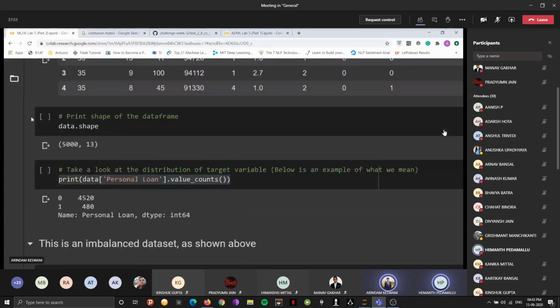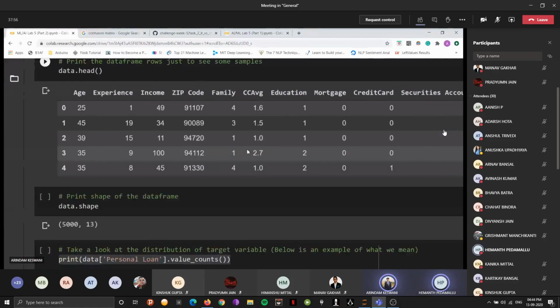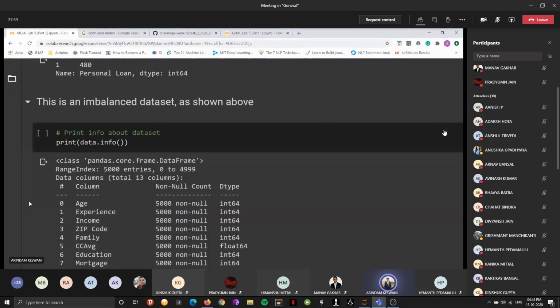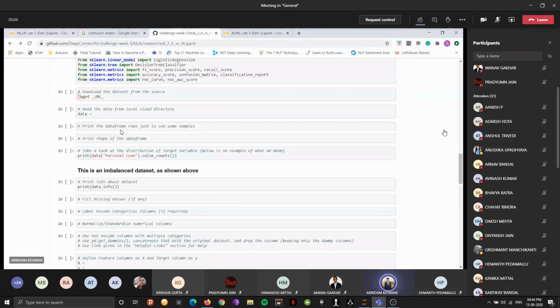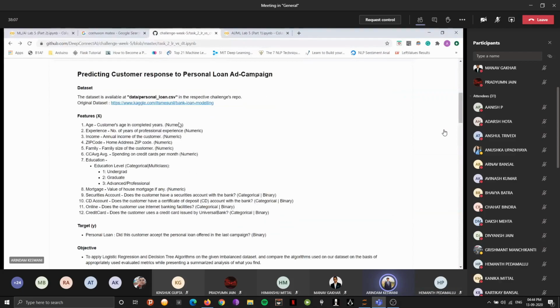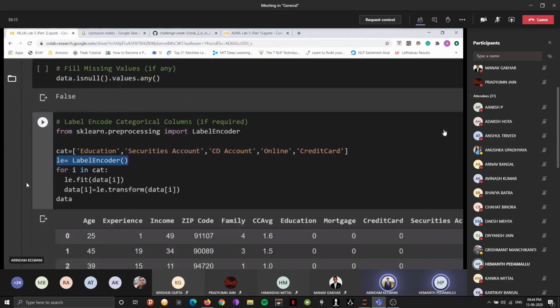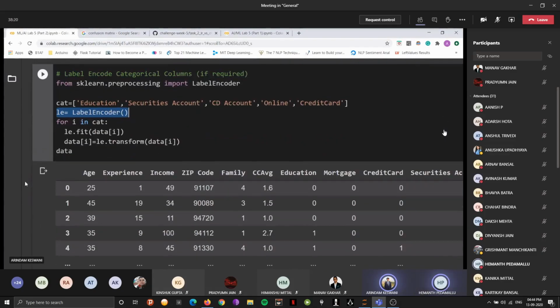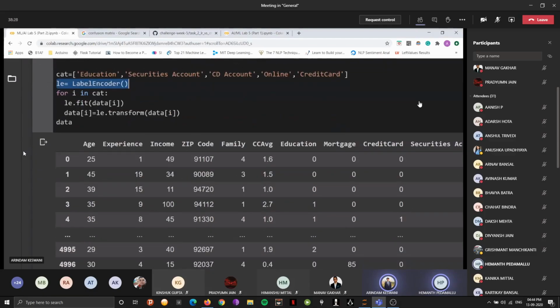Okay, that's the thing, you have to review the data set. If it is already encoded, then you might not want to do that. I've done that for everyone's understanding. These are the columns mentioned in our data set, as you can see here, the description of the features. These are categorical. If they're already in that manner, then you do not need to make them label encoded again. But just to be safe, and since this is a small data set, so computational expense is not that much, I've encoded all of them just to be safe. I hope that clears it out. Yes. All right, great. Thank you so much.